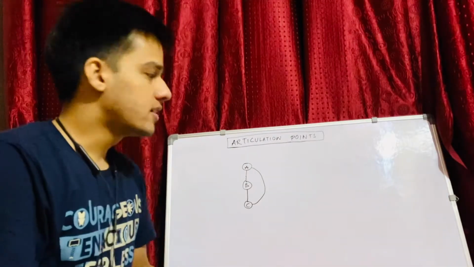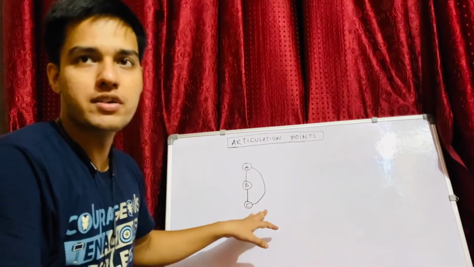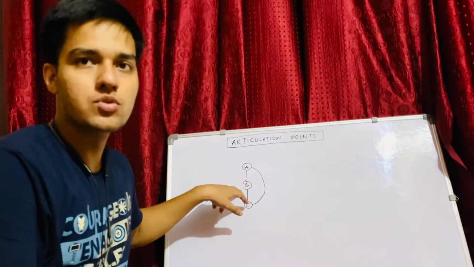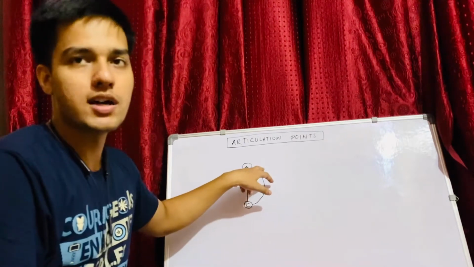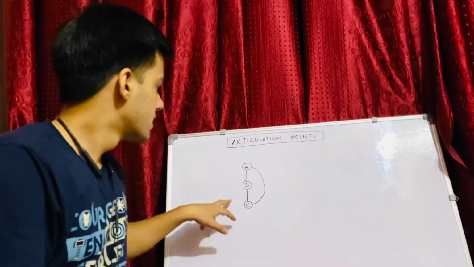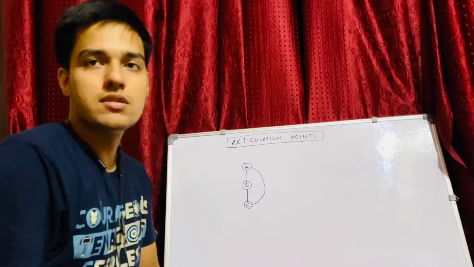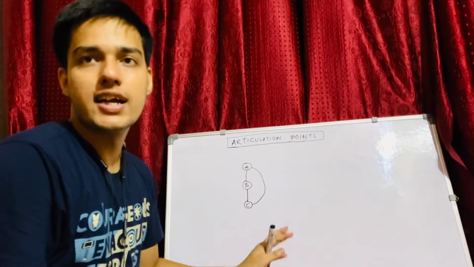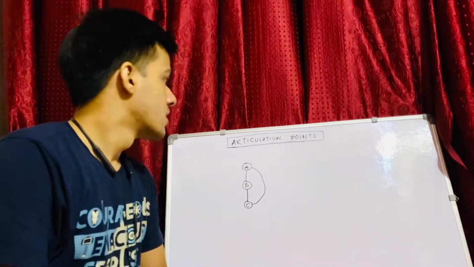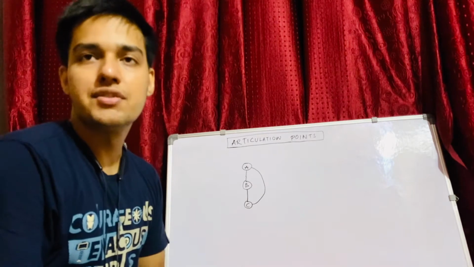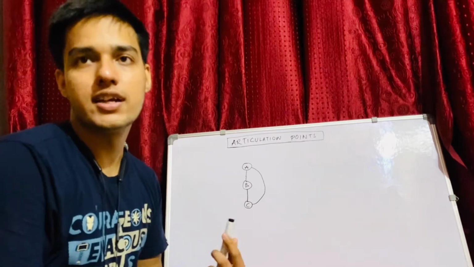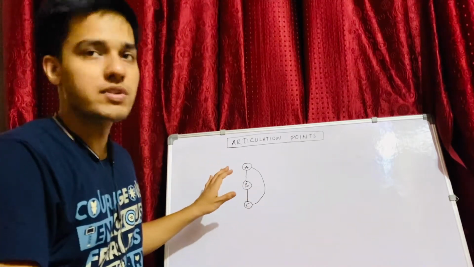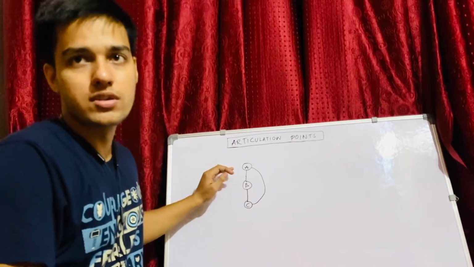Since now we know that for finding an articulation point, we should be considering a back edge, or a path which is not going through my parent, and it should be a separate path from the child to its ancestors, right? So now we'll be using two concepts to find out whether a child is connected to an ancestor or not. Those two things are the discovery time, and the lowest discovery time for a particular vertex. Discovery time is the time at which I encountered a particular node for the first time.